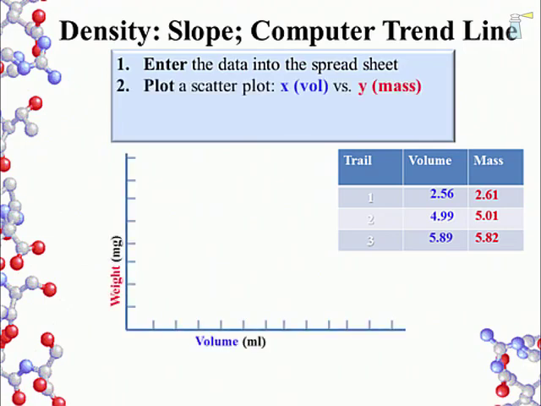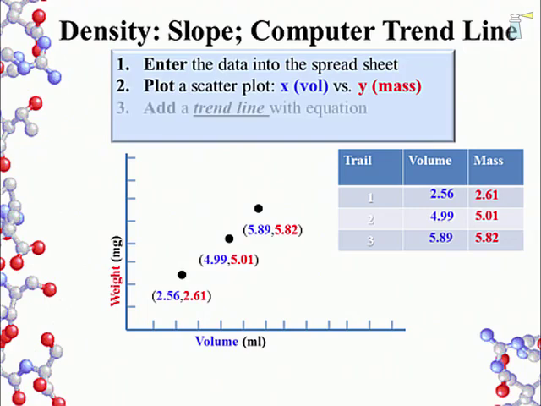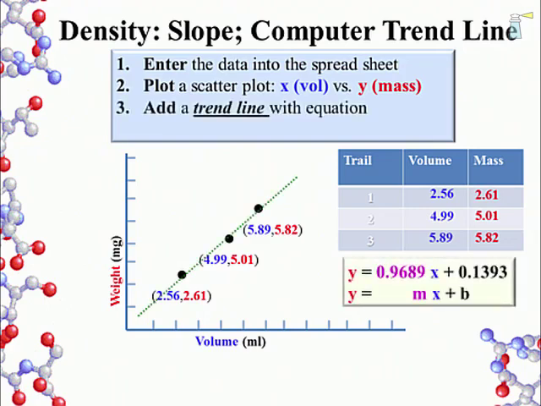The second step is to plot a scatter plot. That is, plot just the points, x volume versus y mass or weight. Now, ask the computer to add a trend line with equation. Again, learn how to do this with your spreadsheet. The equation of the line it generates will be in the form of the line y equals mx plus b. Every line has its own m, or slope, based on the angle of the line. With this line, the computer gives us a slope of